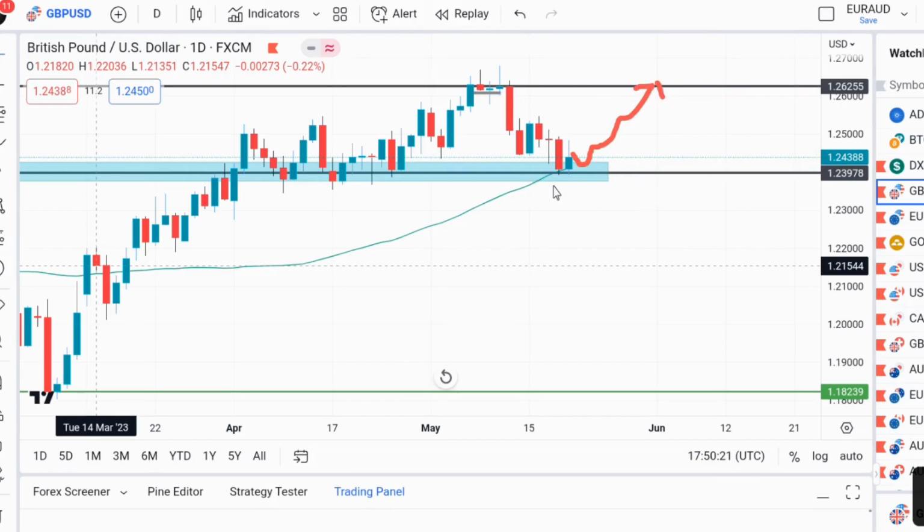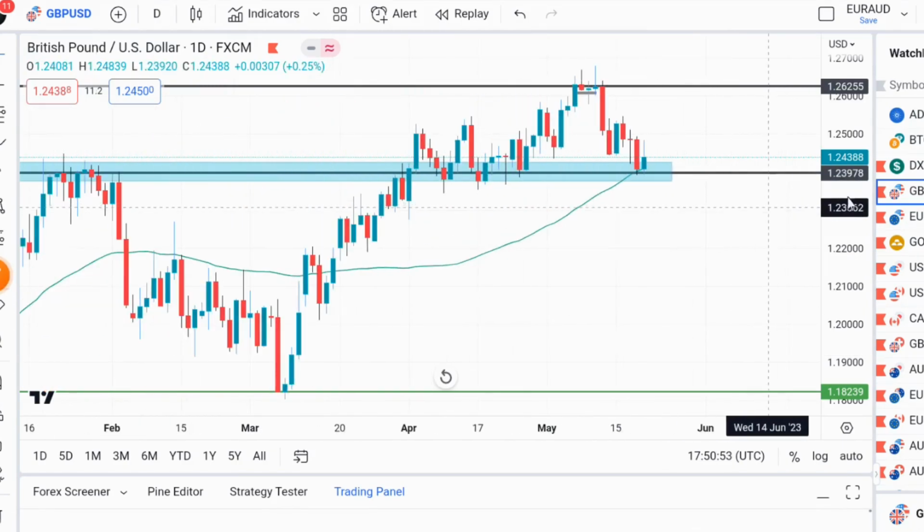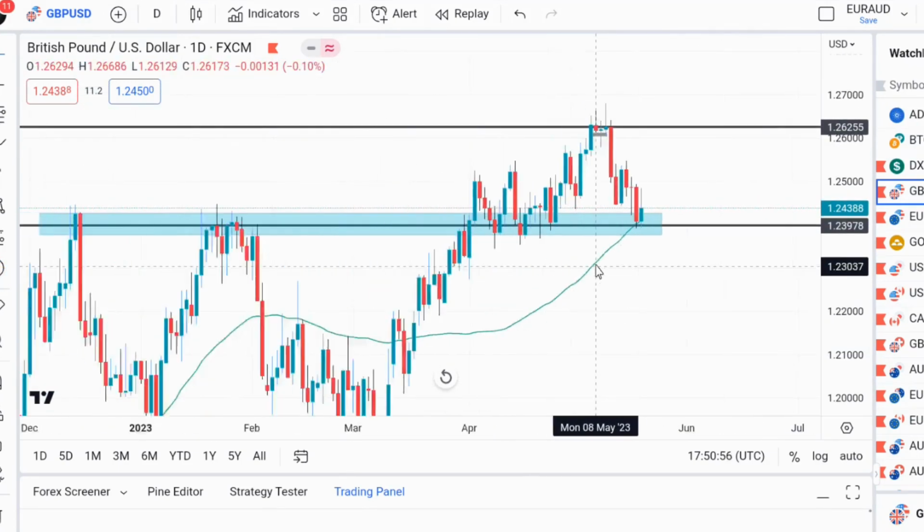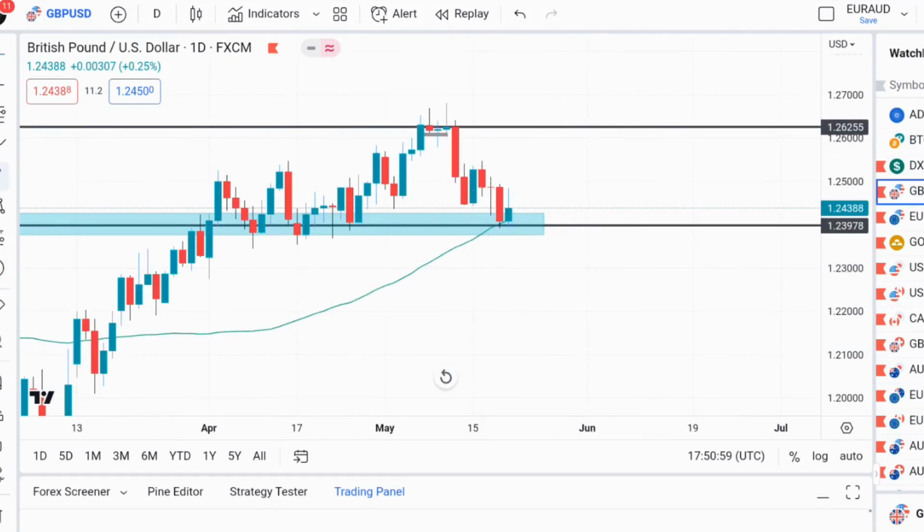So as market opens, my bias is a bullish bias to 126.55, and then stop loss will be below this area. As you can see, this is a 50 period moving average, and the 50 period moving average is below that particular support level, which tells us that we should have more move to the upside at this particular level. So I'm looking for a move to 1.26255 this week. Probably it might happen before the FOMC, or maybe the FOMC might push it more to the upside, as it is above the 50 period moving average.